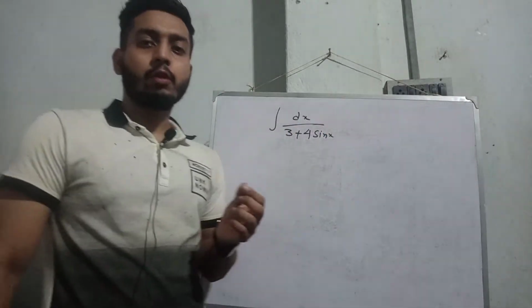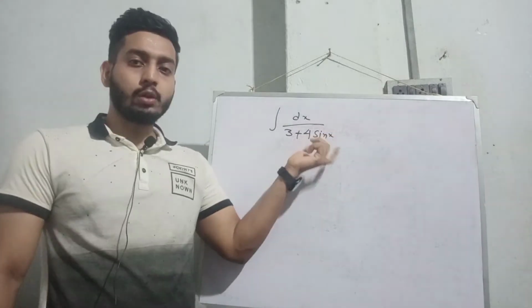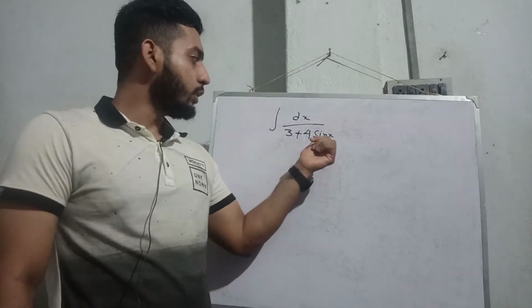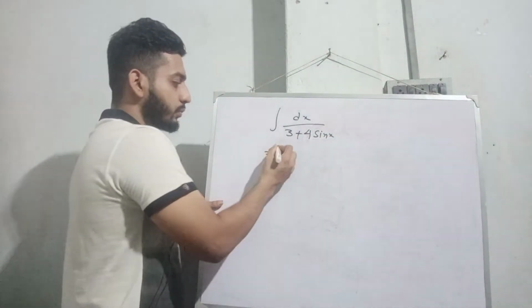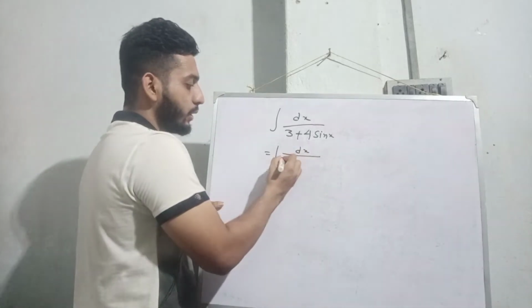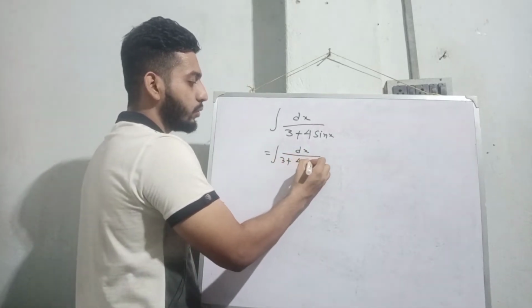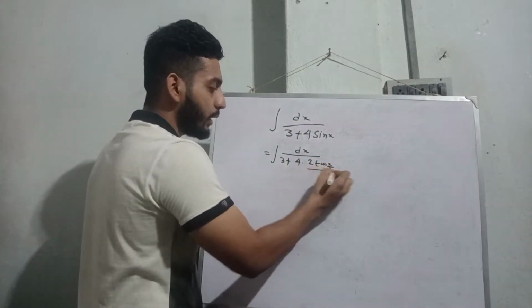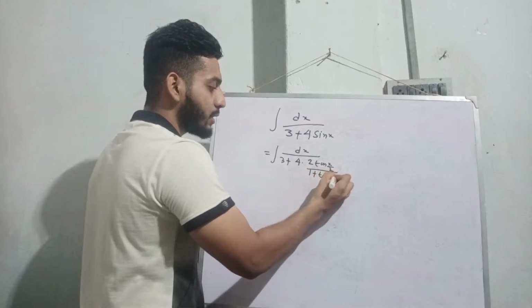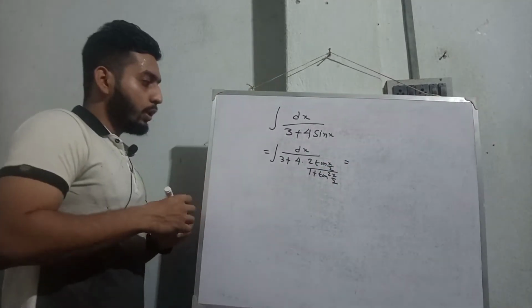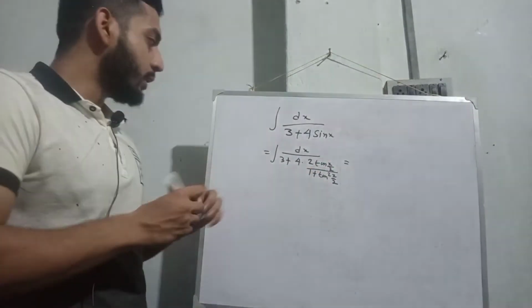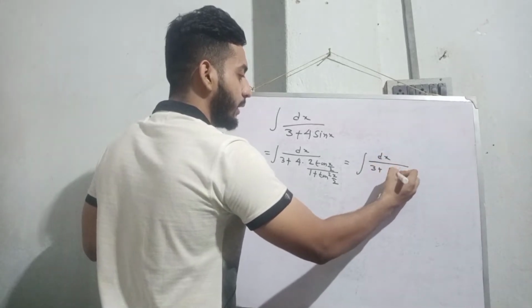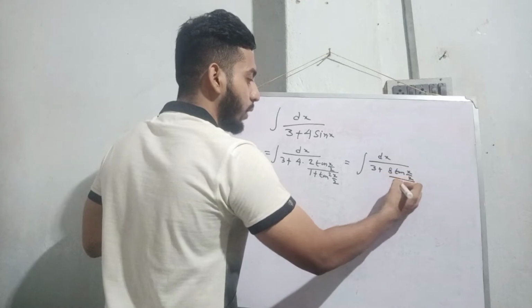Now we need to put the formula here. We know the formula of sin x is 2 tan x by 2 divided by 1 plus tan square x by 2. So we need to put the value here. Now it will become integration of dx by 3 plus 4 into the formula of sin x, which was 2 tan x by 2 divided by 1 plus tan square x by 2. Now try to simplify it. So it will become integration of dx by 3 plus 8 tan x by 2 divided by 1 plus tan